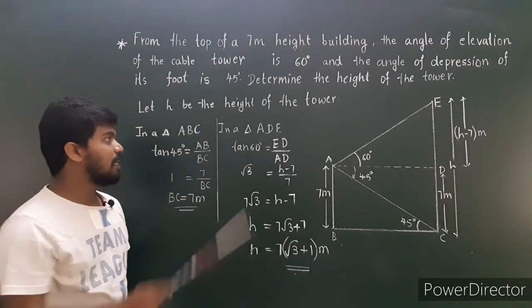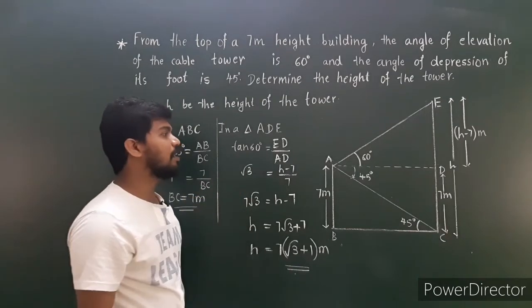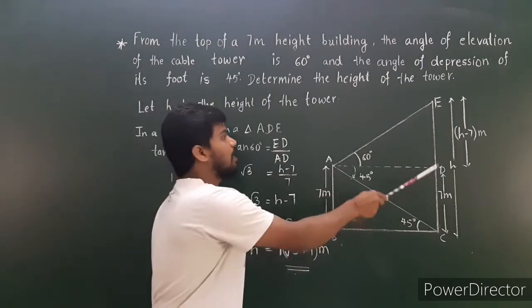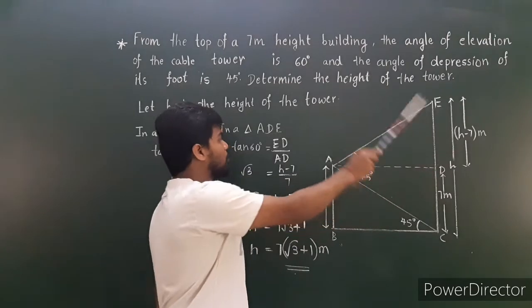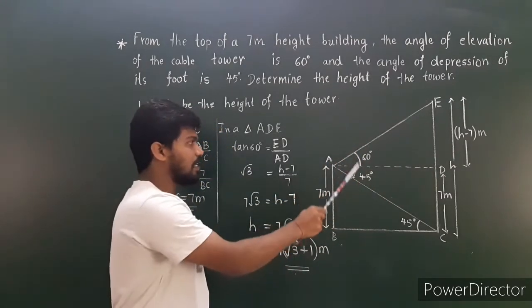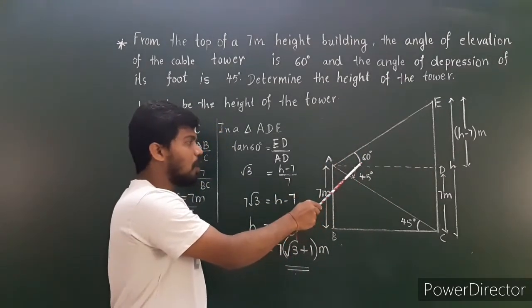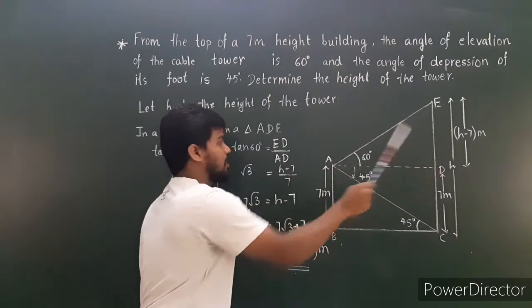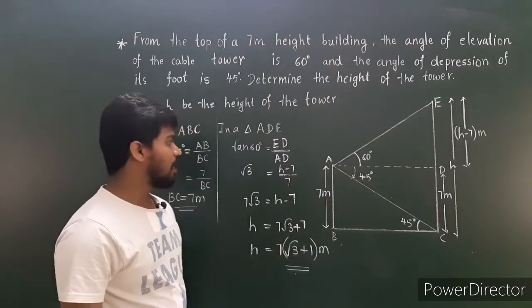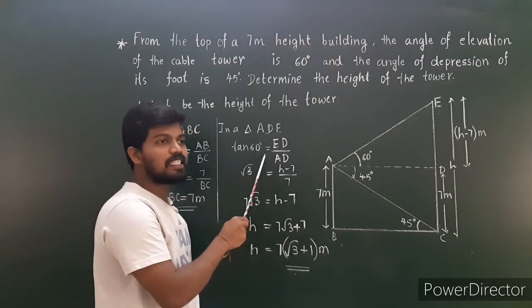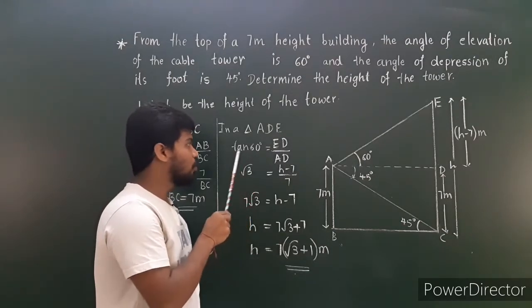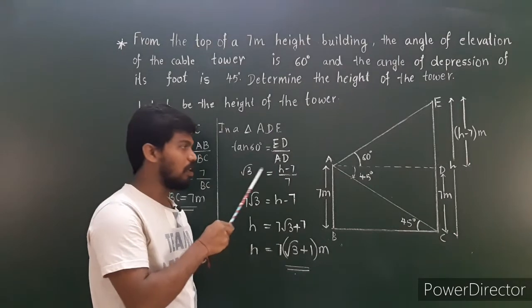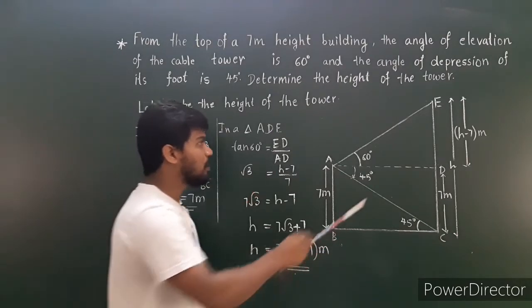So now, in triangle ADE, we consider this one now. So define tan 60. So tan 60 is here. So this is the opposite side, ED, by adjacent side, AD. So you know that the tan 60 value is root 3, which is equal to opposite side